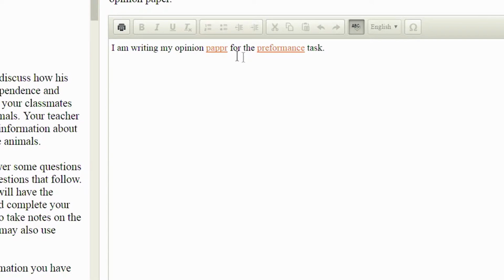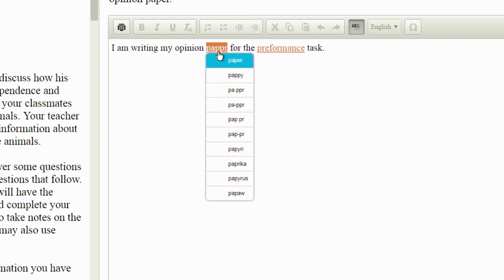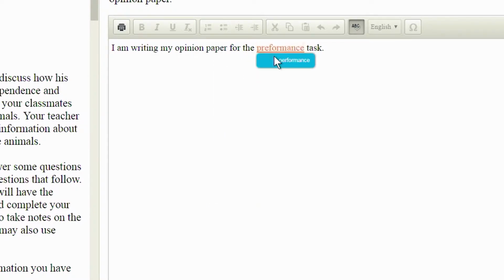Selecting the misspelled words will give you either the correctly spelled word or a variety of choices so that you can correct the spelling of the word or correct the word completely. Once you have made the corrections, the words will turn back to the original color text and you can continue